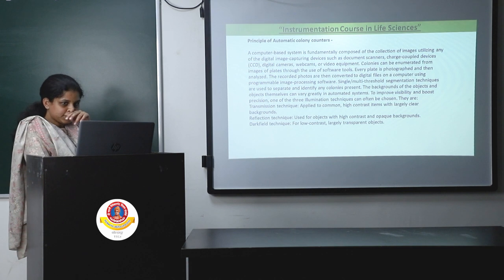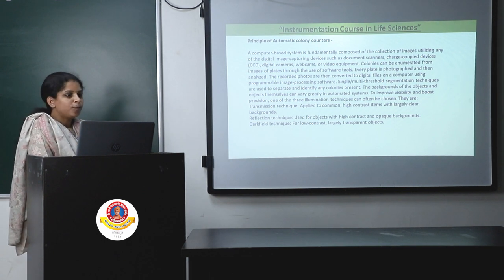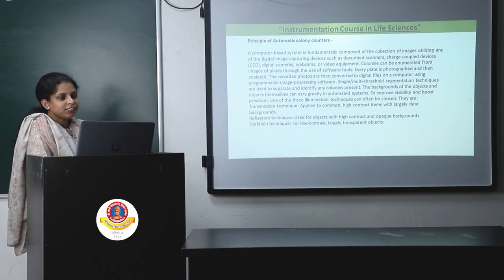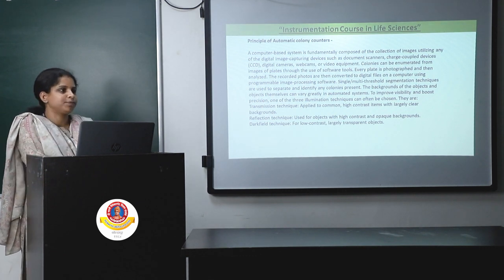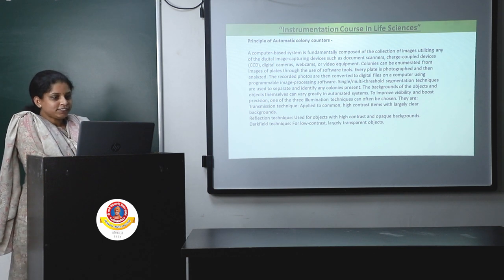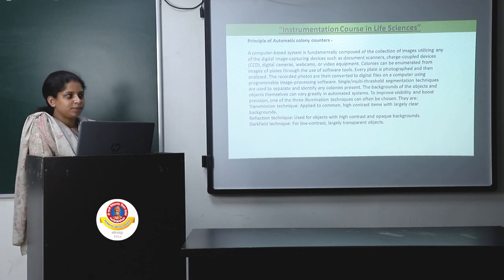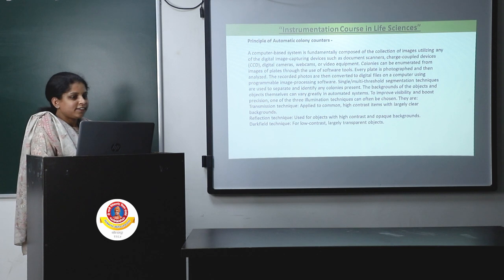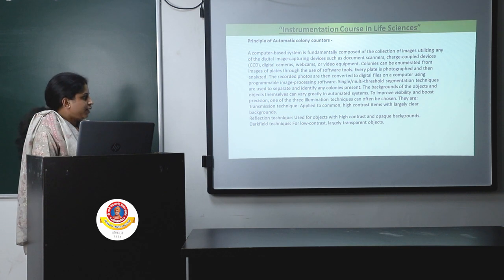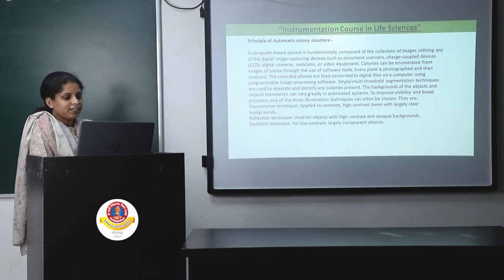It relies on the principle of a computer-based system, fundamentally composed of a collection of images using a digital image capturing device such as document scanners, charge coupled devices, digital cameras, etc. And it gives automatic colony count either by using the reflection technique or the dark field technique.